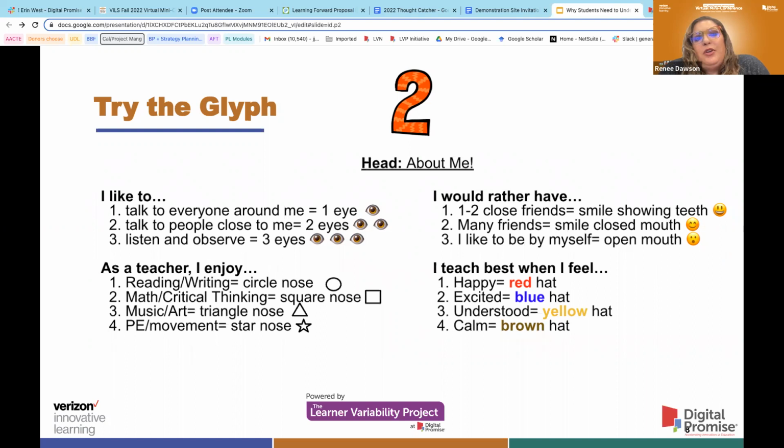And then how do you do your best teaching? When you feel happy, you're going to draw a red hat. Excited will be a blue hat. Understood will be a yellow hat. Or calm will be a brown hat. And our last one,